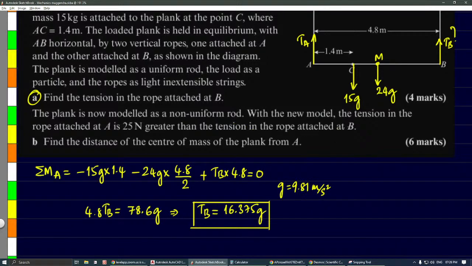The plank is now modeled as a non-uniform rod. Initially we took it as uniform, so it was at the midpoint. Now for B bit, we have to take it as non-uniform. With the new model, the tension in the rope attached at A. So now for the new part, this one was A bit. Sorry, this one is A bit. For B bit,